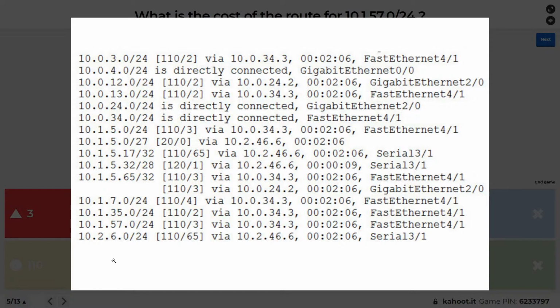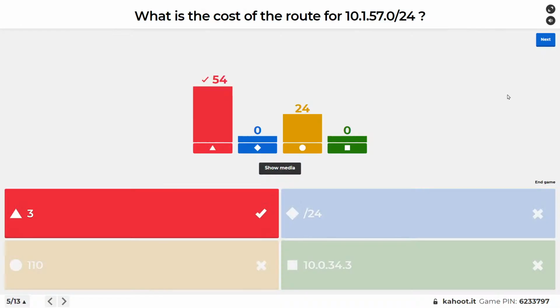It's like, go find the route. Okay, I will. But here it is down. Now it's all in order. So 10.157 has an administrative distance of 110, which means it's very likely it was learned via OSPF. And the cost is 3. That's the metric or cost value that's used by OSPF right there. And it's 3. Okay, great. Let's go ahead and proceed.